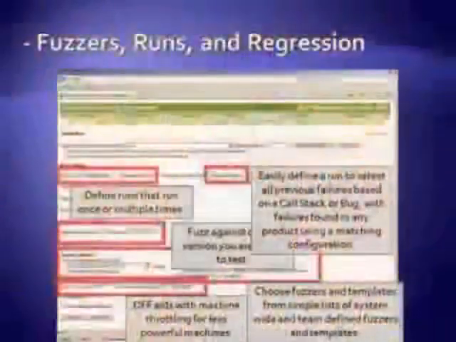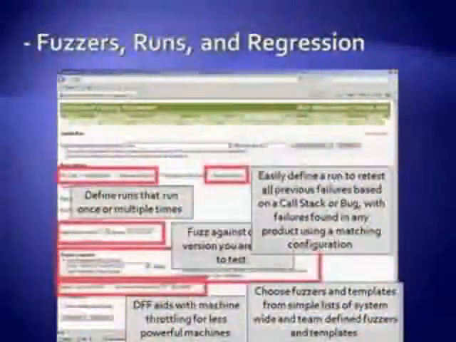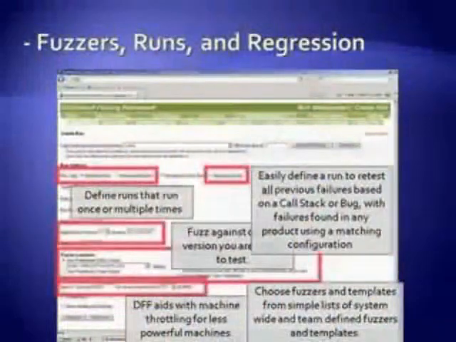Now I said we wanted to make the run definition very easy. This is an example of where we're going to define our runs. And we actually only have about 8 settings that need to be defined to create a run. We have different types of runs you can create. So you can create runs that are just generated. You just define it once and it runs one time and you get your results back and you're happy, or